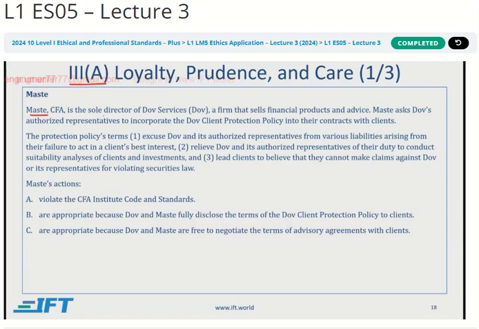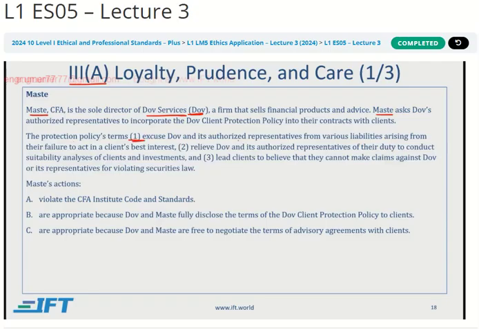Maste is the sole director of Dove Services, or Dove, a firm that sells financial products and advice. Maste asks Dove's authorized representatives to incorporate the Dove client protection policy into their contracts with clients. The protection policy's terms: 1.